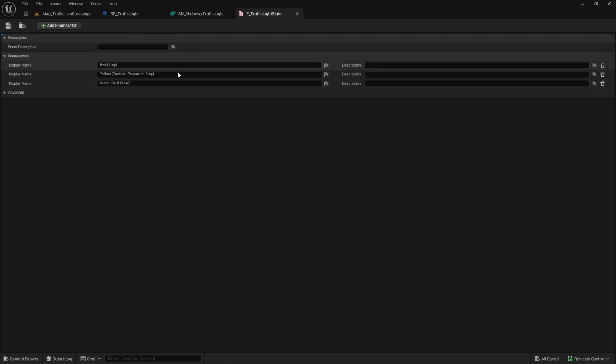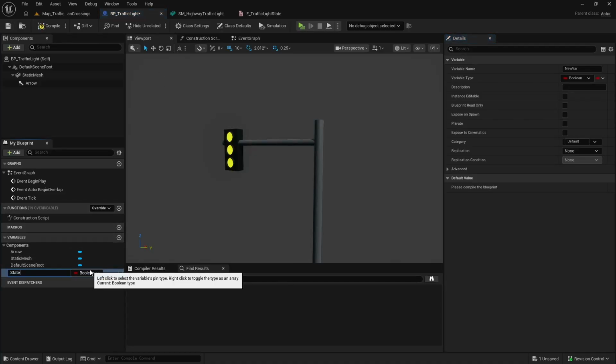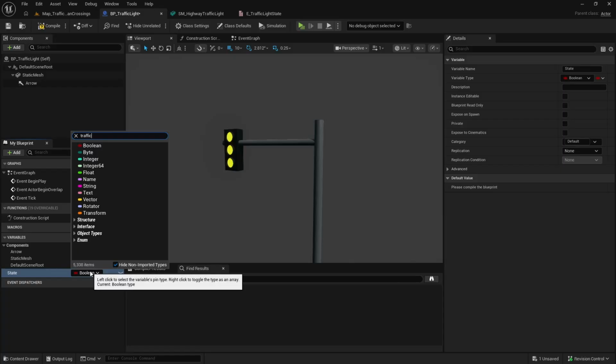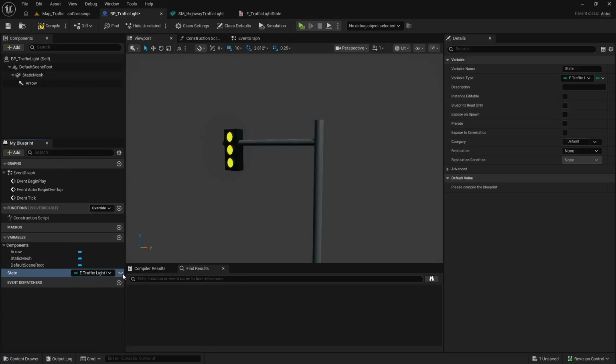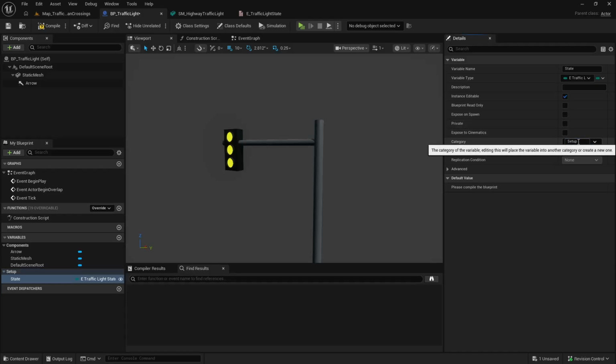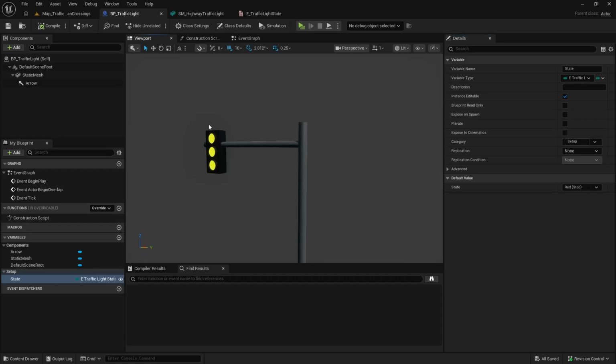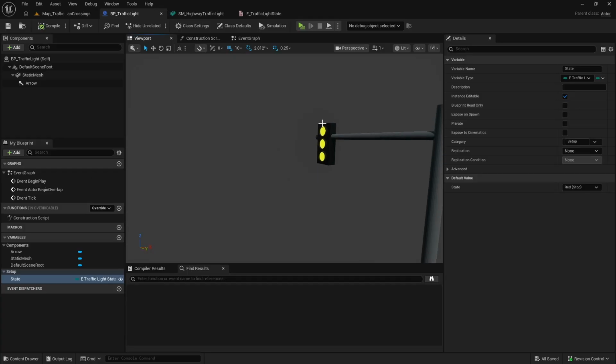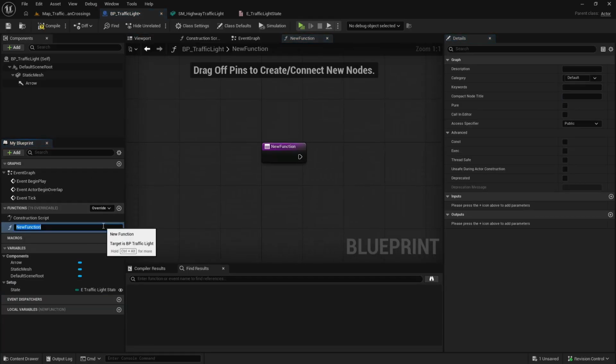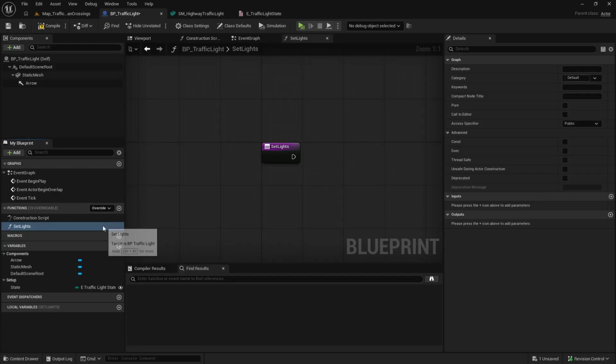Okay, then at the traffic light I'm going to create a new variable called state, and let's use the traffic light state enumeration over there. It has a public variable, set it to category called setup. Right, then we should be able to set the lights. So we can do that. Yeah, for that let's create a function called set lights,